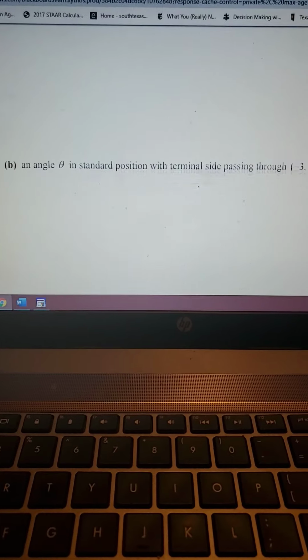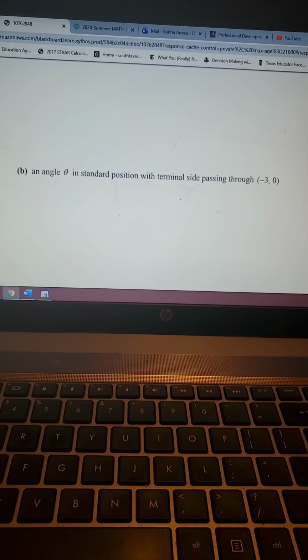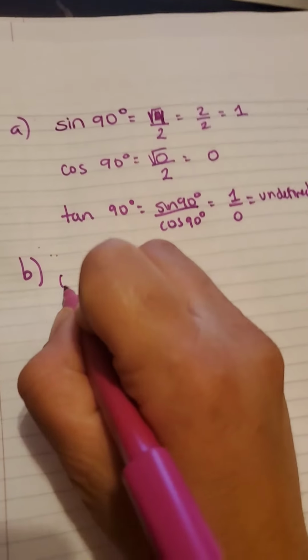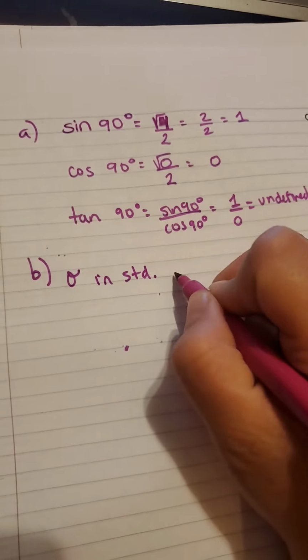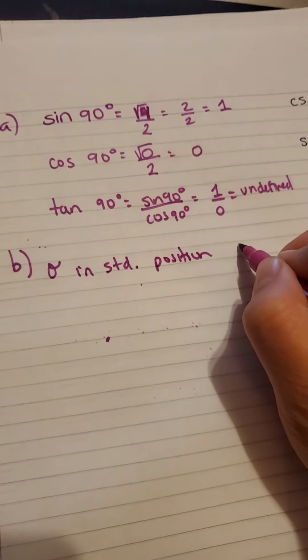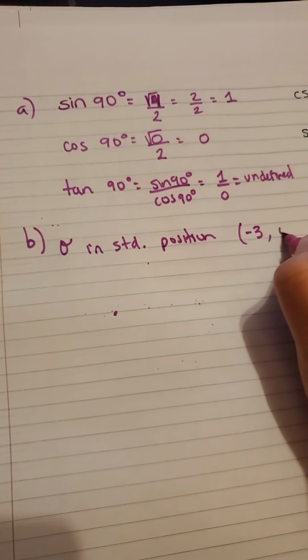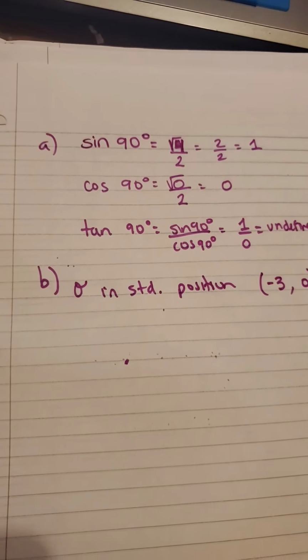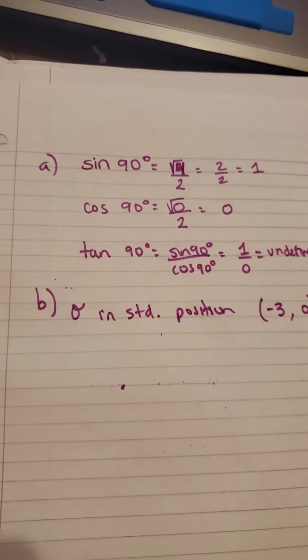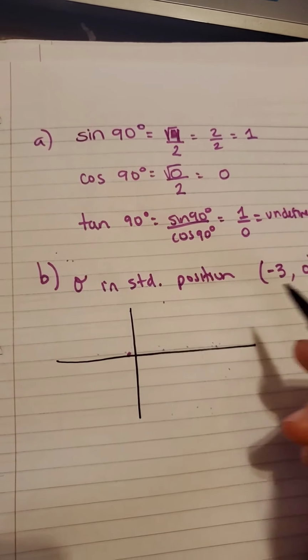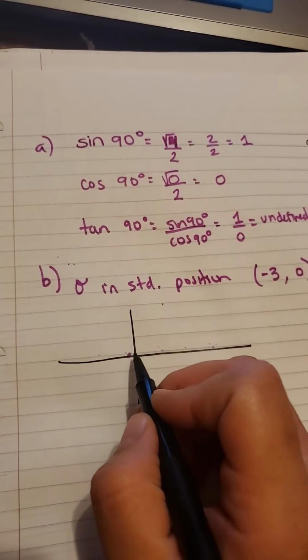Letter B says to find the 6 trigonometric function values of the angle theta in standard position with terminal side passing through the point -3, 0. So, angle theta in standard position, the terminal side passes through the point -3, 0. Okay, whenever it comes to visualizing something, especially in pre-calculus, you are to draw the situation. In this case, we need to draw a Cartesian coordinate plane. And the point -3, 0